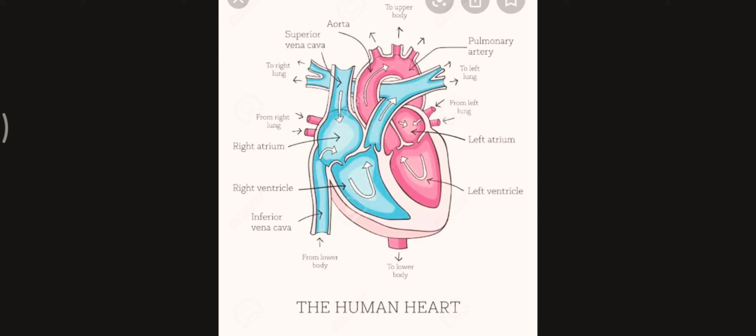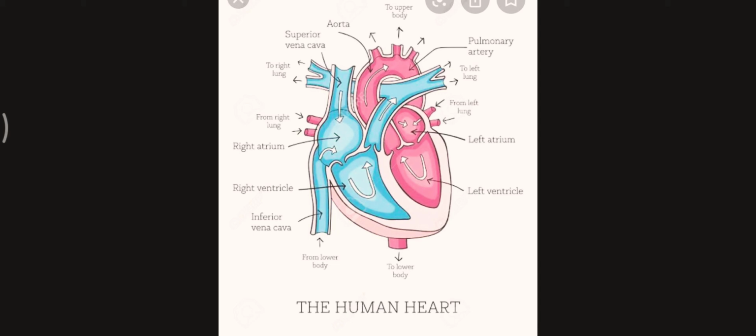Good morning to all. In today's session, we are going to study the details of the structure of the heart. We have learned in our previous session that the heart is present in the chest cavity. Its size is as big as a fist and it is lying on the left-hand side of the thorax, or the chest. It has four chambers. The upper two chambers are known as auricles or atria and the lower chambers are called ventricles. So we have a four-chambered heart.